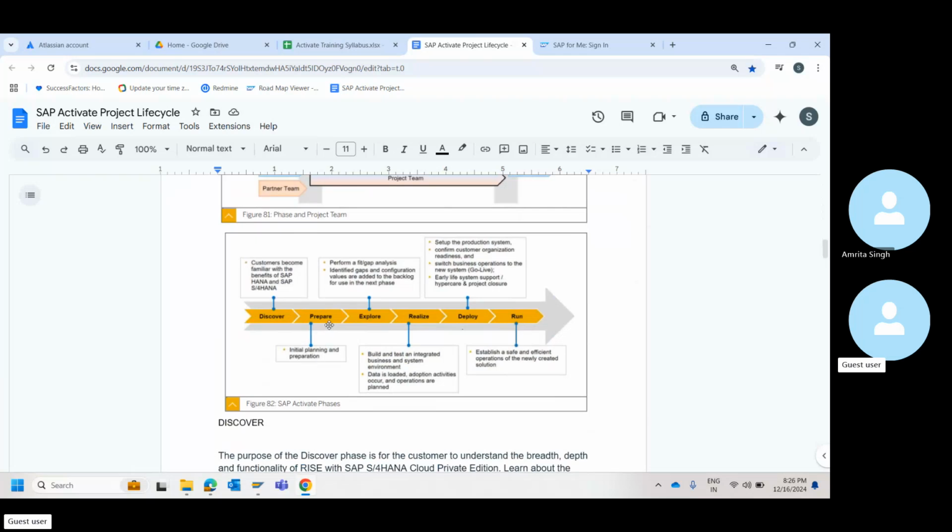Okay. Then what happens as part of prepare? I'll just brief you. Anyway, we'll discuss that in detail, just for you to keep in mind. In prepare, that's when you do your project kickoff. Project kickoff meaning you're inviting all the official stakeholders of the project, and then you're formally announcing: this is what we're going to do. This is our timeline that is agreed. This is our scope. These are all the agreed deliverables that we have. This is how we are going to communicate. We will have daily calls, weekly calls. This is going to be a governance model. All these things you communicate to them, and then you kick off a project officially.